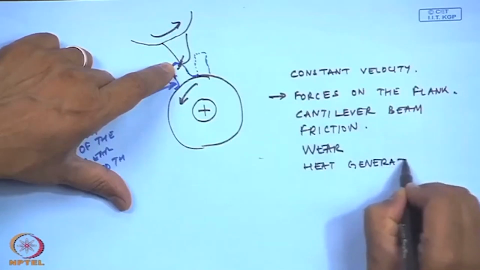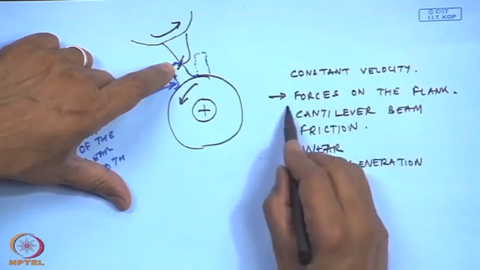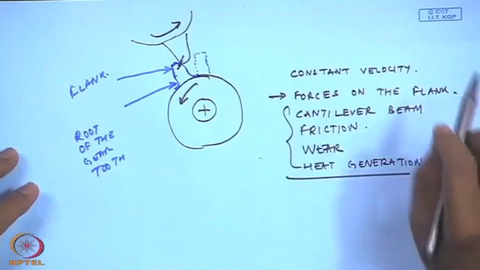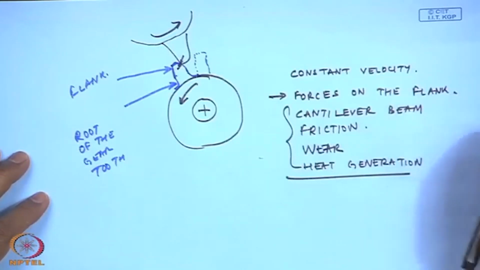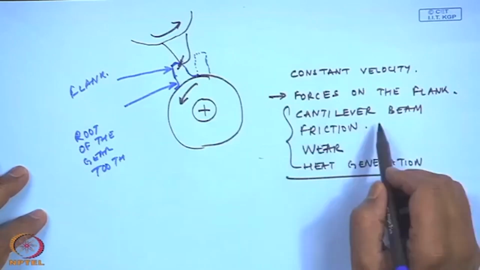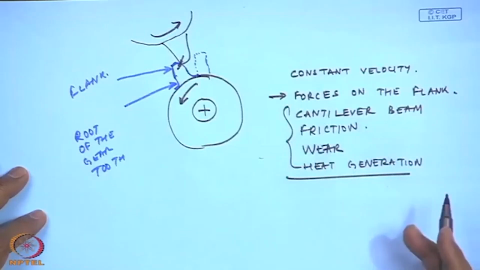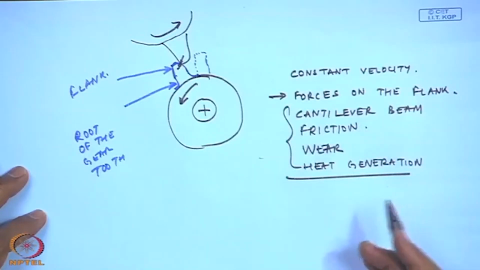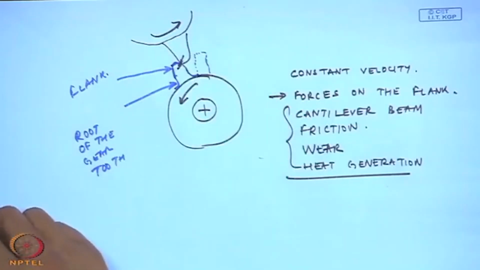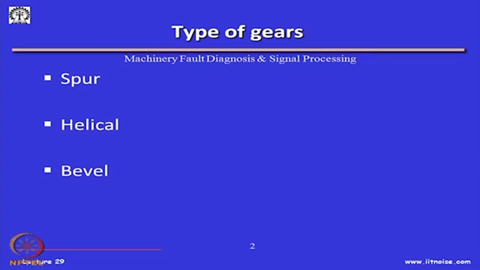This kind of mechanics happens in the gearbox. So, for some reason, if these gears are not able to sustain the heat generated because of the friction, and not able to sustain the forces, they are going to fail. I will come to this a little later, but now let me tell you what are the different types of